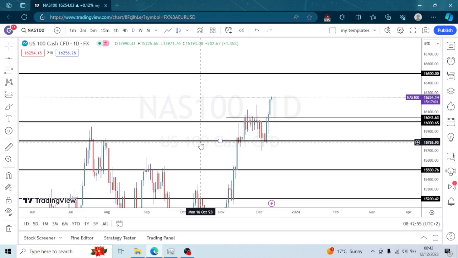For those who don't know what top-down analysis is: starting from a higher time frame to find direction, to predict or forecast where the market is most likely headed, and then stepping down to the lower time frames to find a much lower risk entry. To find lower risk trades based off high time frame direction and bias, excuse me. So